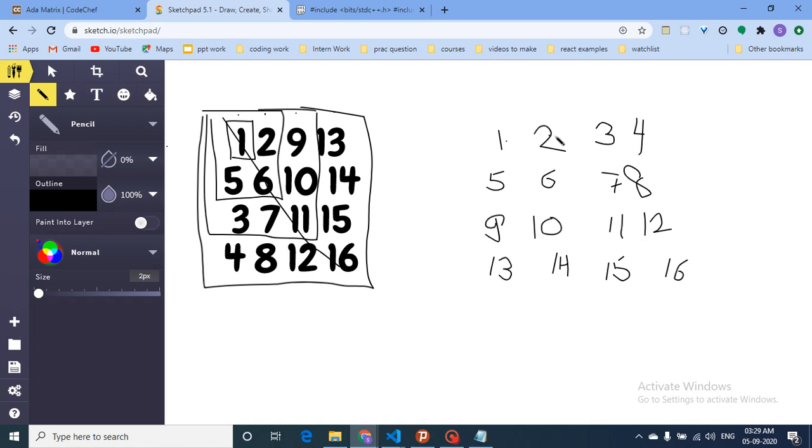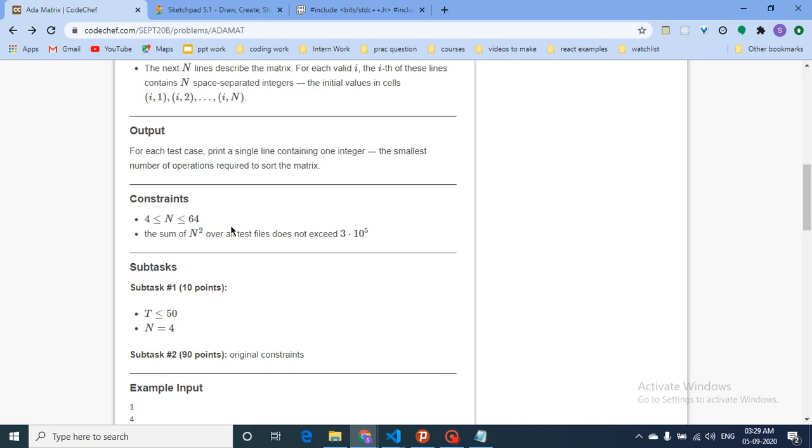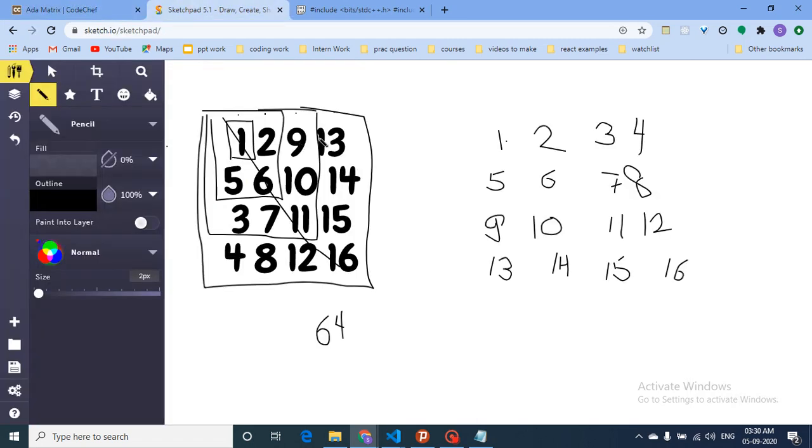Now there are also only some finite squares you can flip. If n is equal to 64, you can only choose those 64 squares, and flip like this and so on. Because the initial state is such that you can always reach the final answer, what you can understand here is, first check which positions are not correct. I have taken this example only. In the original square matrix, first find out the positions which are not correct.